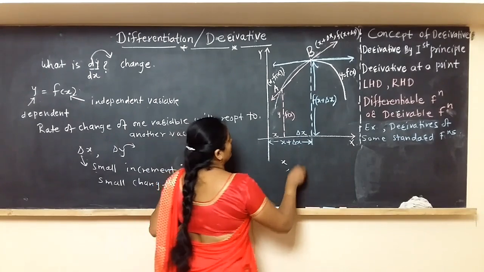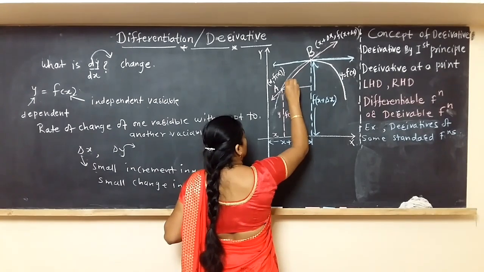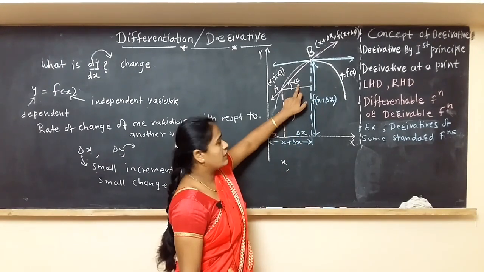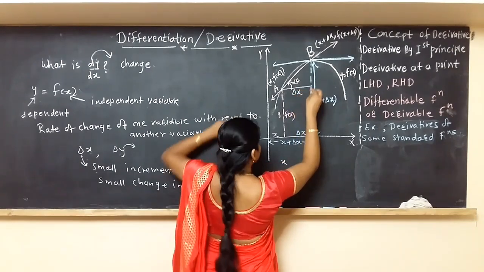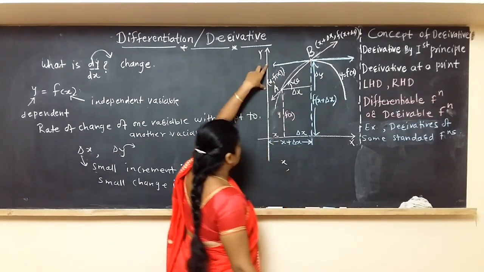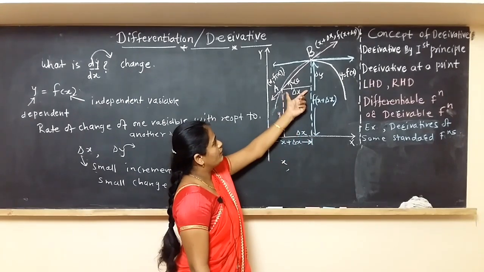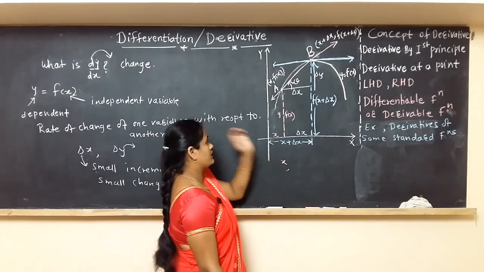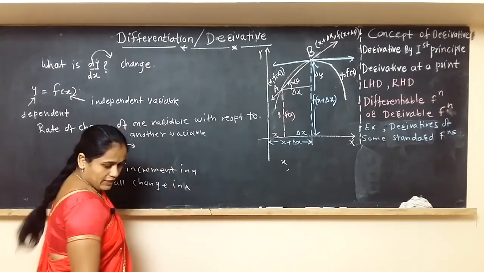So as we know from coordinate geometry, suppose this line AB makes positive angle theta measured anti-clockwise, and as this is our delta x, this is delta y. That is, small change in the value of y which changes along y axis is delta y. Change in x axis we represent like this, delta x. Value of x changes in terms of delta x. So the slope of line AB we find in this way.